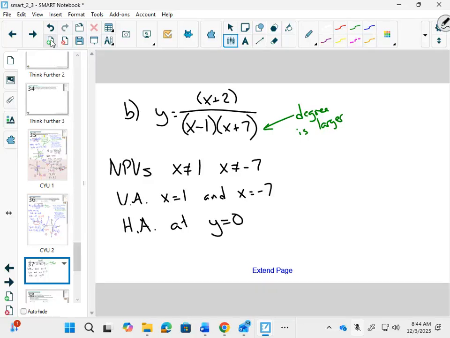So for horizontal and oblique asymptotes, you're really looking at the degree of your top and the degree of your bottom. If the degree is bigger on the top, you have the possibility of an oblique asymptote. But it doesn't have to be, because it might simplify and be a hole instead. If the degree is the same on the top and the bottom, you will always have a horizontal asymptote at the ratio of the coefficients of those highest degrees. And here, group 3, if the degree is larger in your denominator, you will always have a horizontal asymptote at y equals 0. So once I found all my asymptotes,